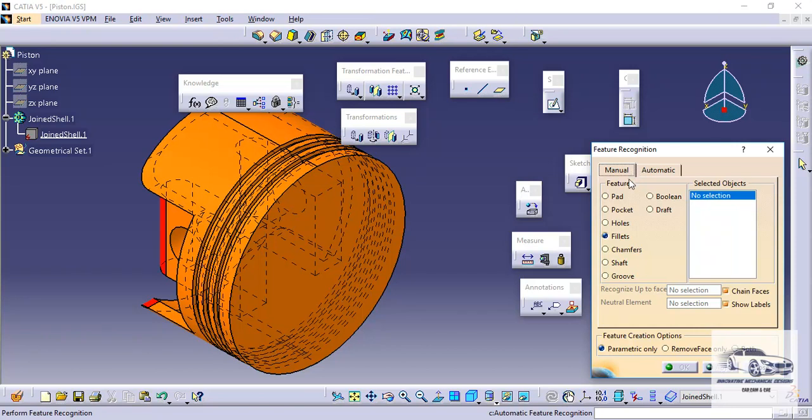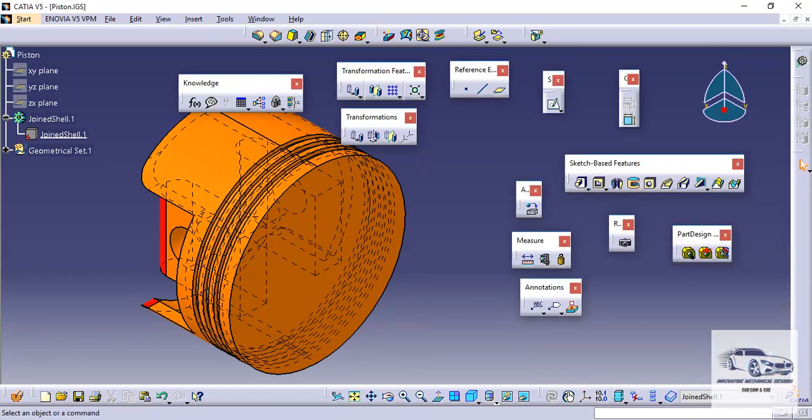In manual, we can select what kind of features we want to recognize in our part, and here we can select a single face at a time. One more thing, it may happen while you are working on this particular tool, you may get a message saying that the selected feature should be a current defined in work object.